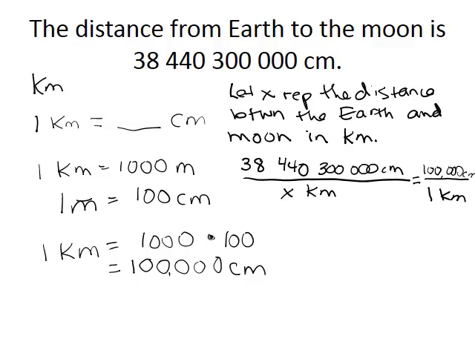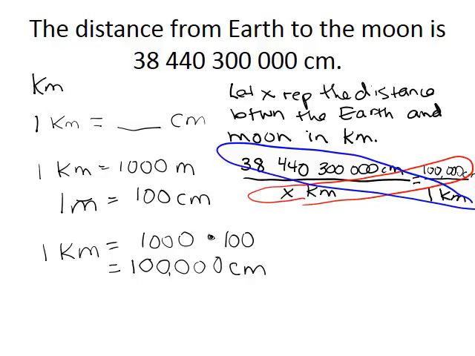Now hopefully you've solved things like this before, and you might have your own way to do it. The way I do it is cross multiplication. So because this is a proportion, I know that these two multiplied together have to be equal to these two multiplied together. So I can rewrite this as an equation that says,